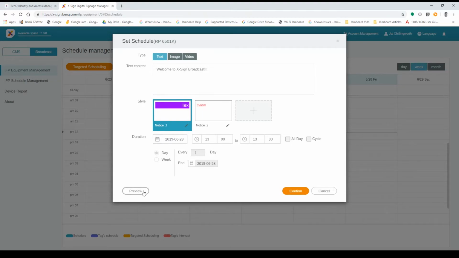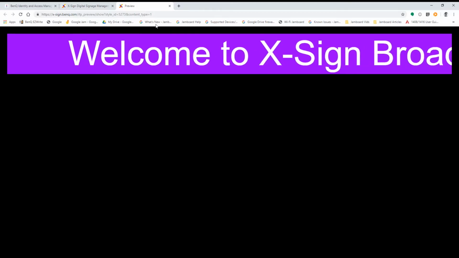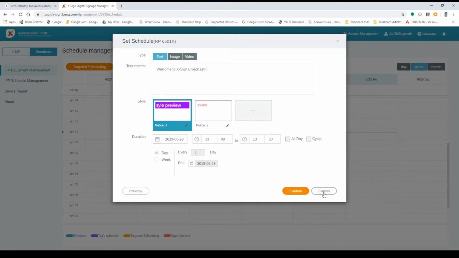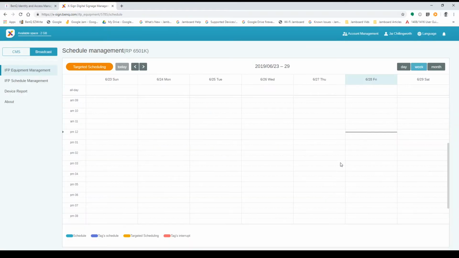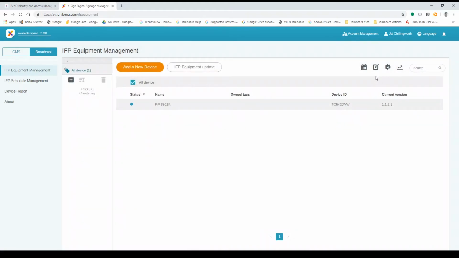If we hit the preview button, it will open up a larger preview in a different browser tab. To activate this schedule, we simply have to hit confirm. For the purpose of this tutorial, I'm just going to hit cancel here so we can take a look at the interrupt option also. Now if we reselect our panel and select the button that looks like a play icon,